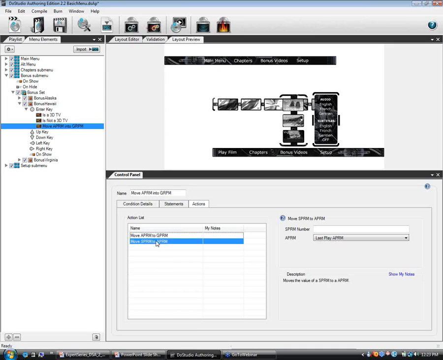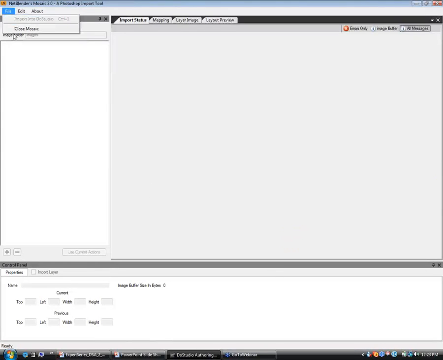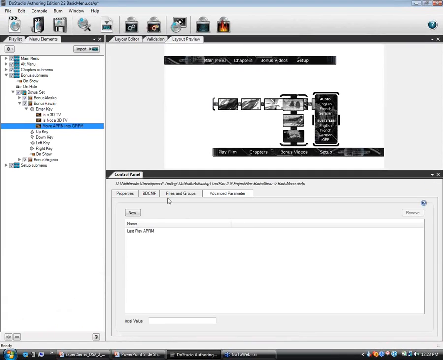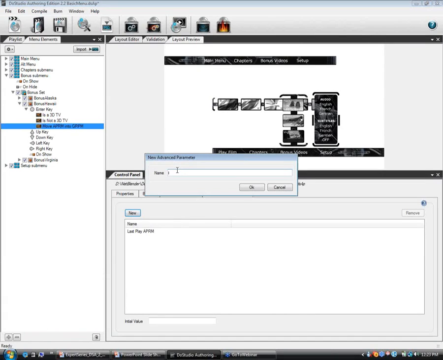Now, system parameters are actually PSRs in the Blu-ray spec, and they hold all the various values for your current title to your current language, and there's a fixed number of them. It's under 30, or it's under 40, excuse me, and 23 is basically for 3D, I believe. And I can come down here. Oops, close. Meant to click that, and I can add a new APRM called Get 3D